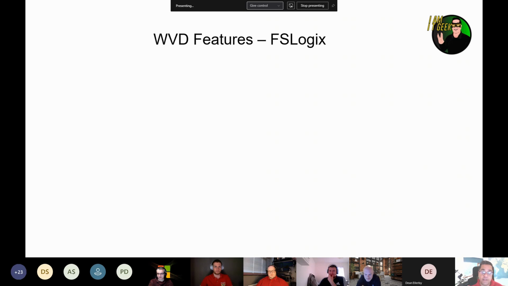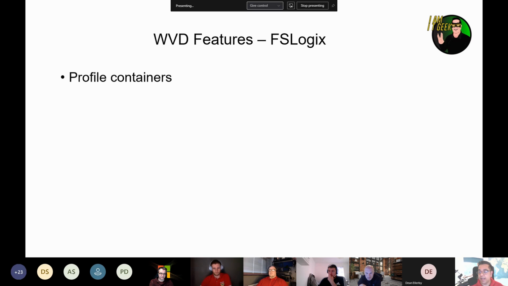So the final feature that I wanted to touch on was FSLogix. So this isn't really a WVD feature, so to speak. FSLogix has been around for a while, but it's very prominent in WVD. Windows Virtual Desktop Service recommends FSLogix for your profile containers as a user profile solution.